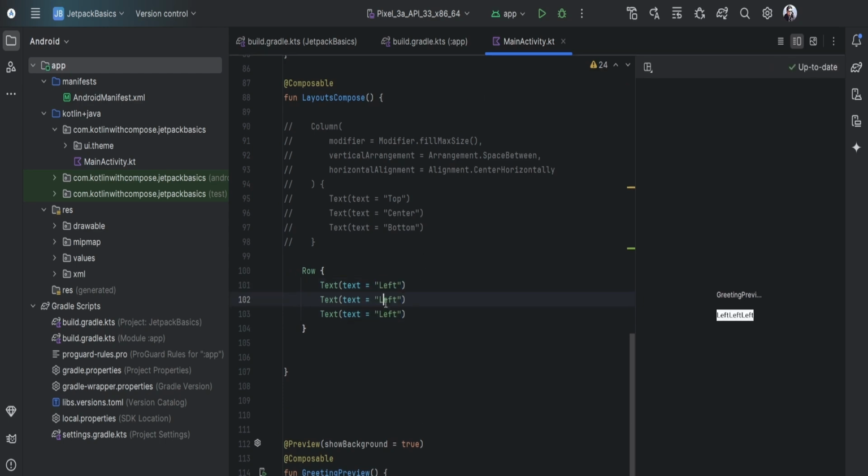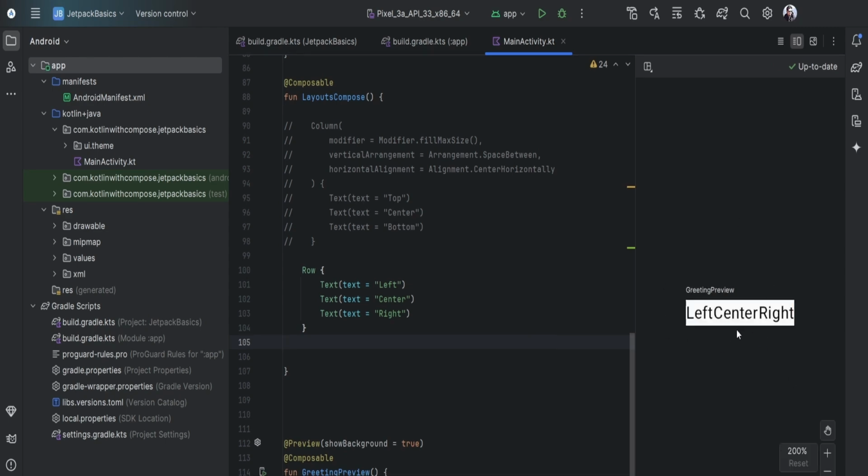add 2 more child, and let's name them center and right. So, and you can see in the preview they are in the horizontal alignment, and the text is left, center and right. Now also let's add some